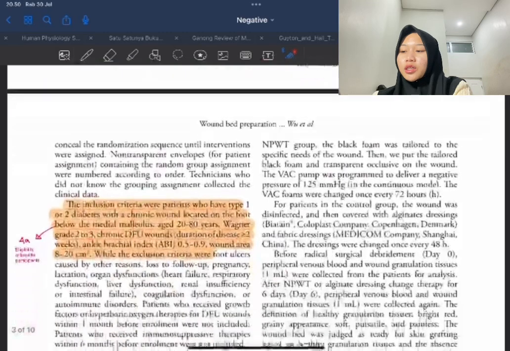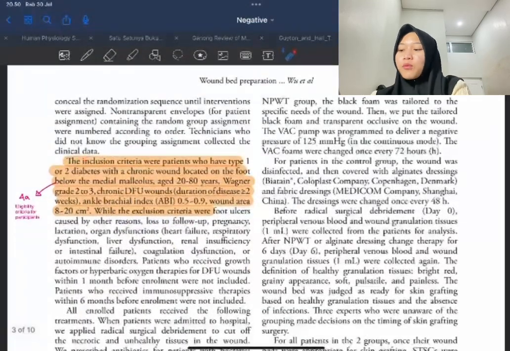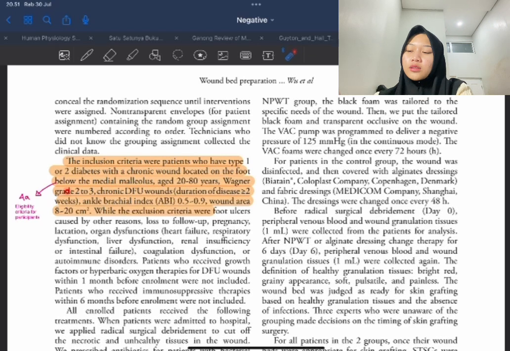The inclusion criteria were patients who have type 1 or 2 diabetes with a chronic wound below the medial malleolus on the foot, age 20 until 80 years. This is 4A, eligibility criteria for participants.